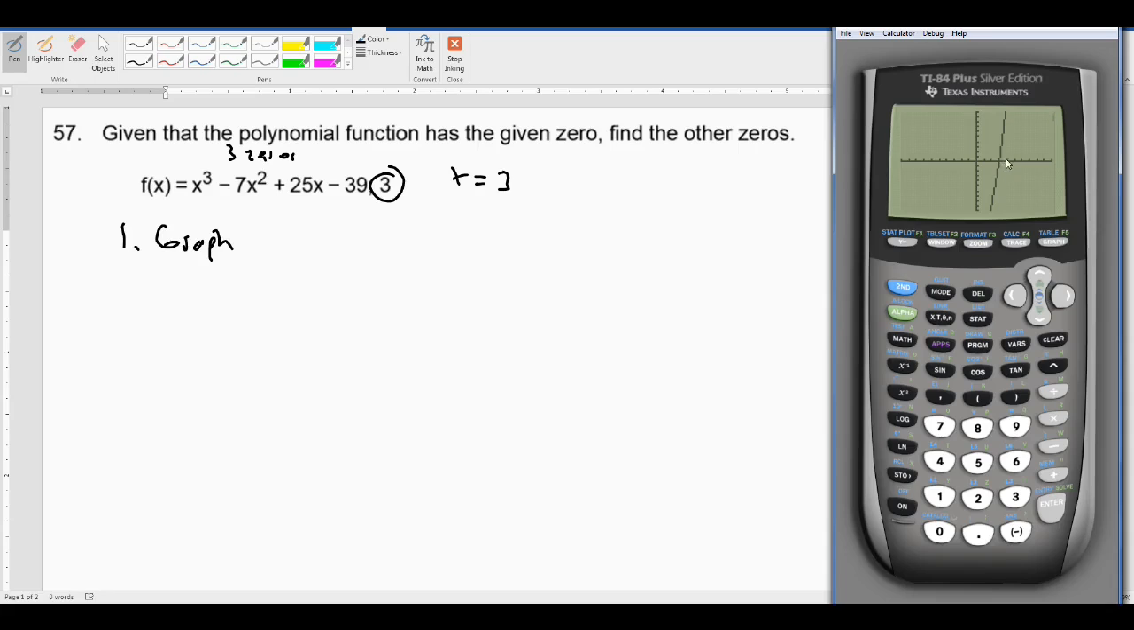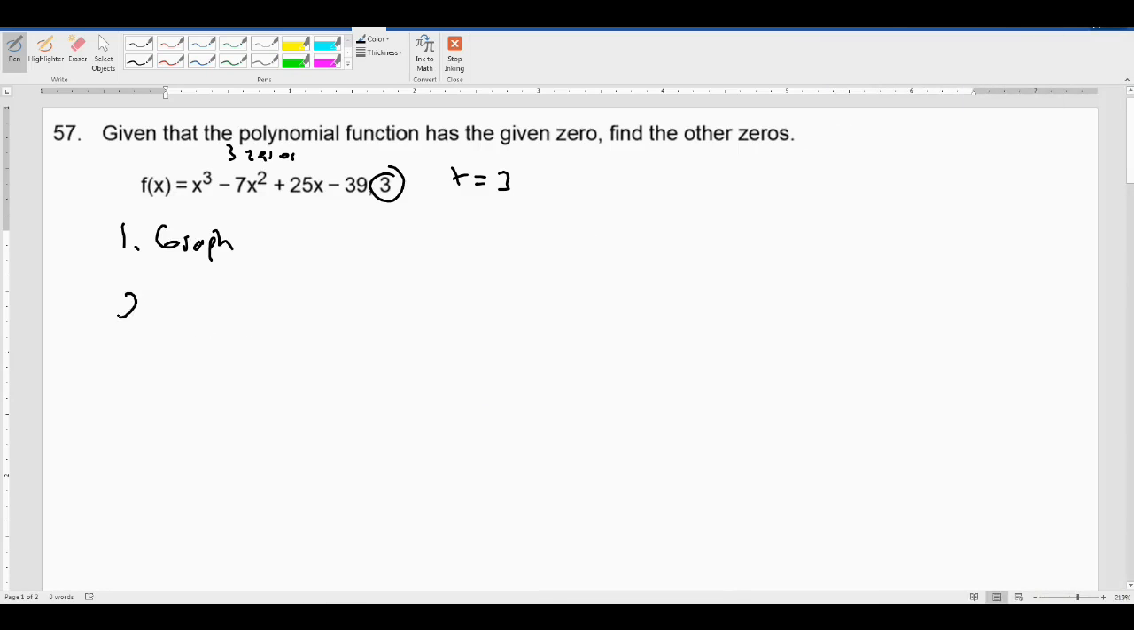Okay, I see the 3. I don't see anything else. Either that means they're off the screen, which I don't think they are, or if you don't see the other 2 zeros, that means they're imaginary. So, I'm not able to find all the zeros on the calculator, but I do have an idea that they might be imaginary. So next thing we want to do